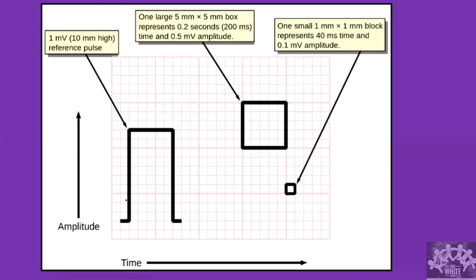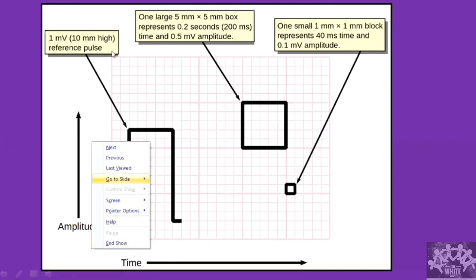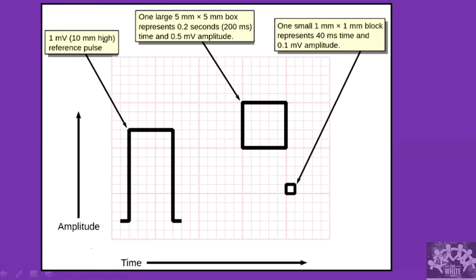So whenever we are measuring some activities, we take it with respect to the x-axis, which always represents time. Whenever you want to look for the time duration, you look at the x-axis. You want to look at amplitude, you look at the y-axis. So that is what is mentioned here, amplitude and time. Okay. So normal is what is mentioned here, which is 10 millimeter is 1 millivolt, and 1 millimeter by 1 millimeter is 1 small square. Okay.